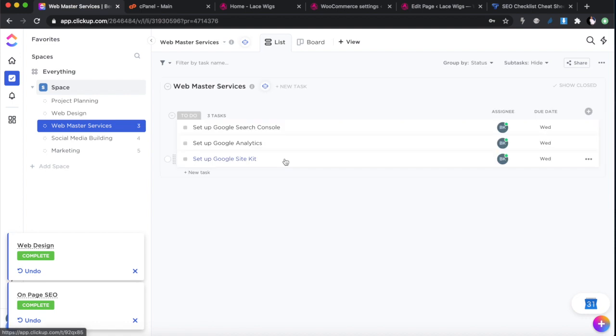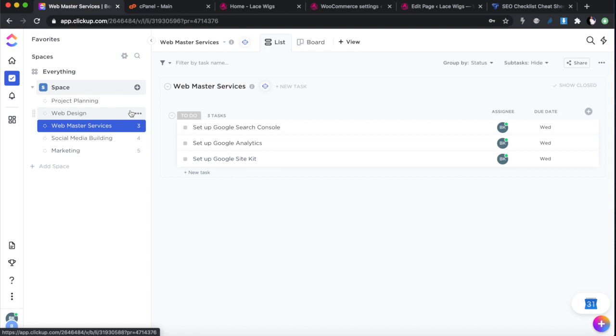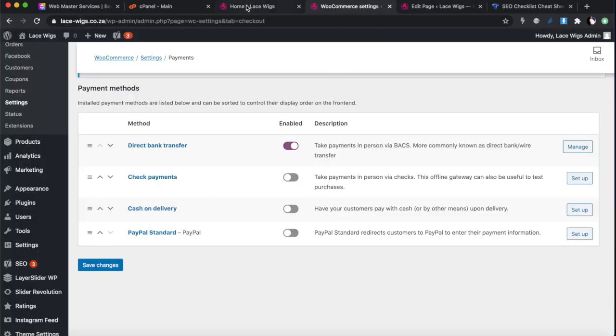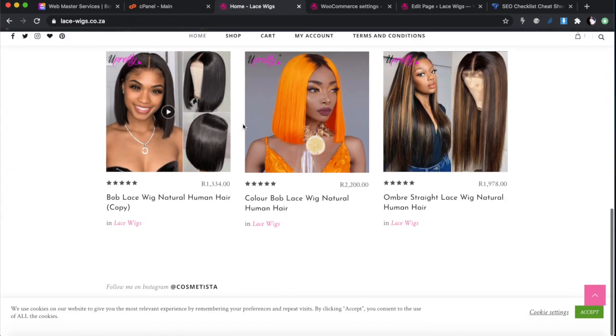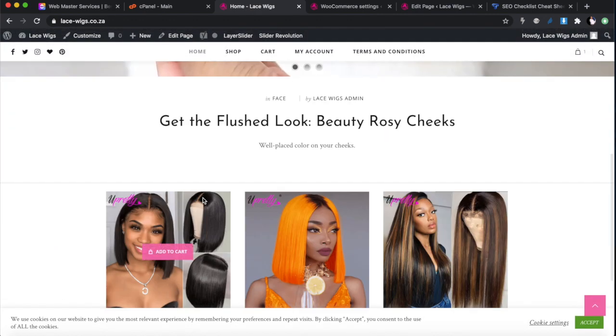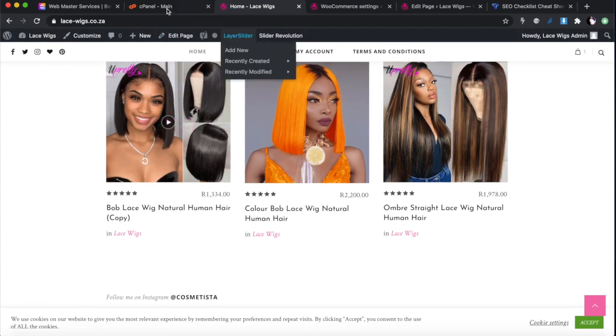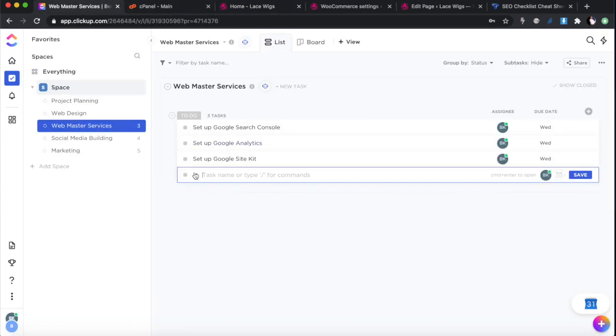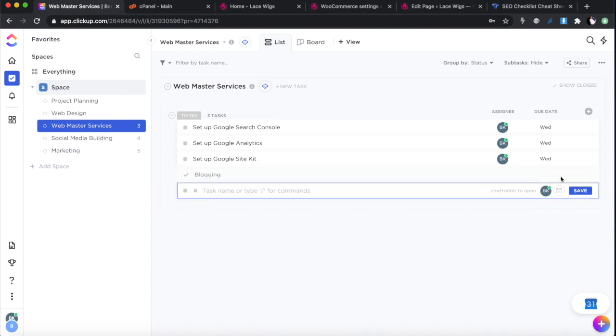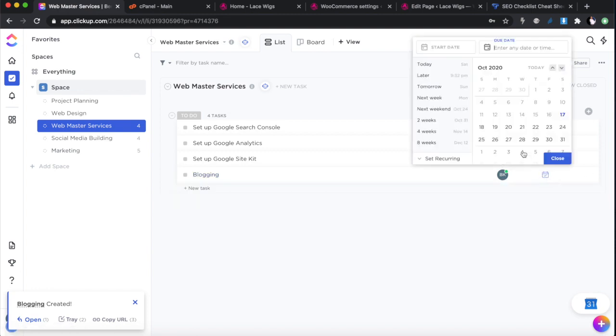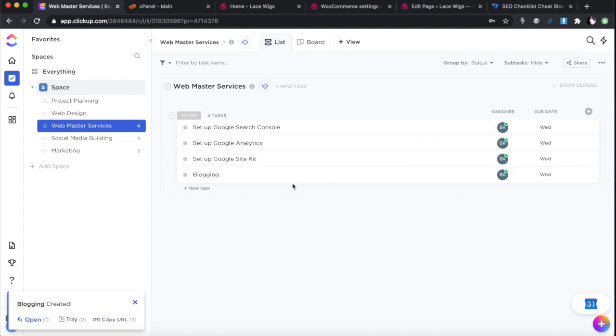And next week, we're going to have the task where we're going to set up the Google Search Console, Google Analytics, Google Site Kit. But I'm going to spend a little bit more time completing the design for this website, because I'm not quite happy. I mean, if I was a client and this was all I saw, I'm not going to be completely happy with this. So what we're going to do next week as well, maybe I could add this while we're here, is a little bit of blogging, and let's just set it up for Wednesday as well. So next week, Wednesday, let's set it up for that, and we'll do the blogging.